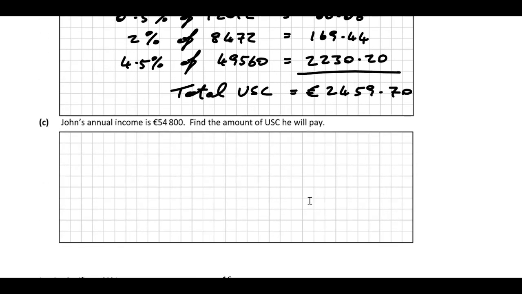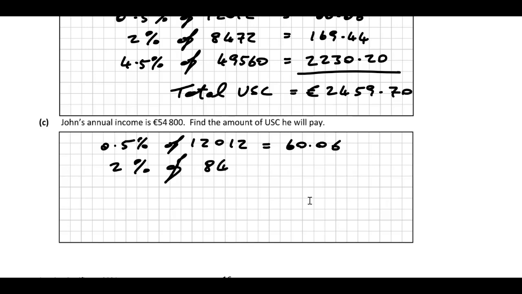So we know that he's going to pay the first one. So we know that he's going to pay 0.5% of 12,012, and we know that that's 60.06. We've worked that out here. We know that he's going to pay another 2% of 8,472. That's 169.44. So what's left over then? If we add those two up, so it's 12,012 plus 8,472, that's